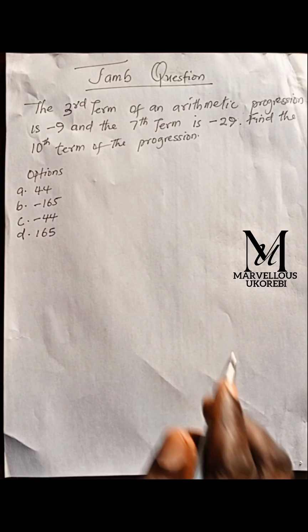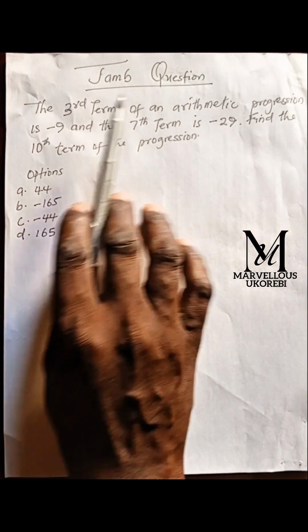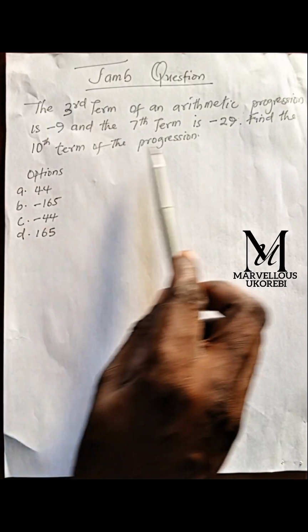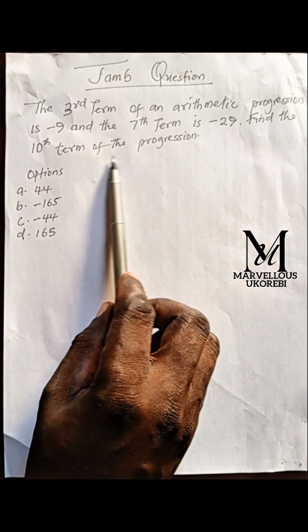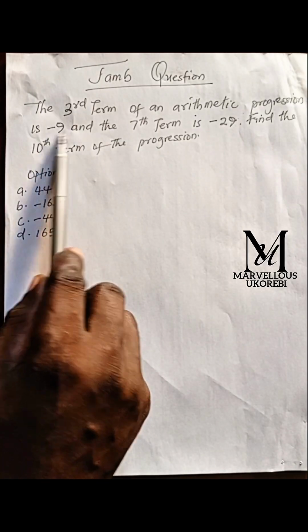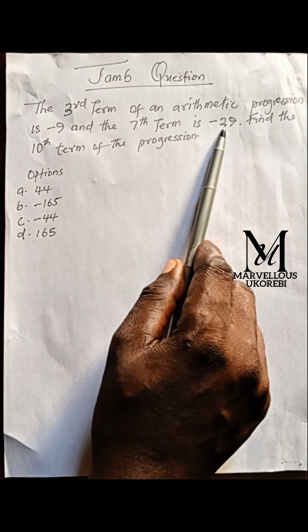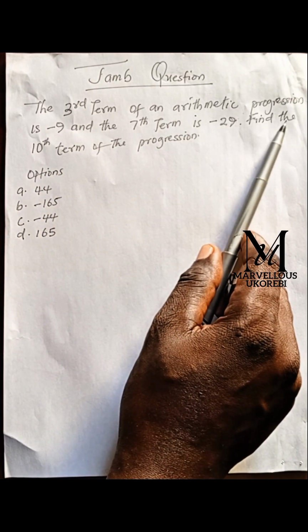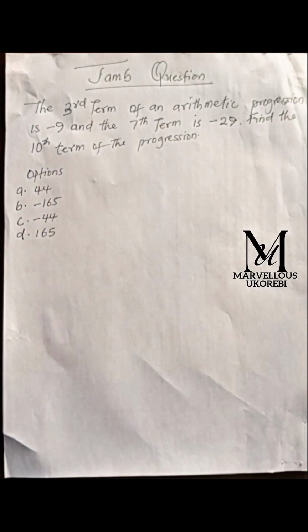All right, guys. So we are presented with this JAMB question, and we are asked to find the 10th term of the arithmetic progression, knowing that the third term is -9 and the seventh term is -29. So we are asked to find the 10th term. And remember that